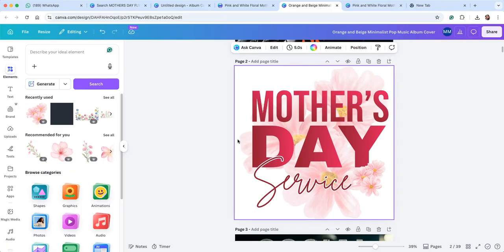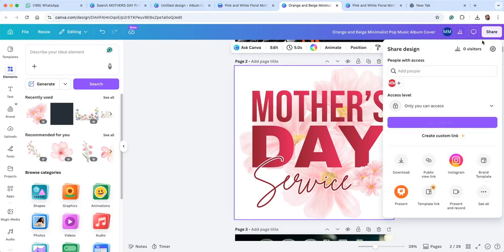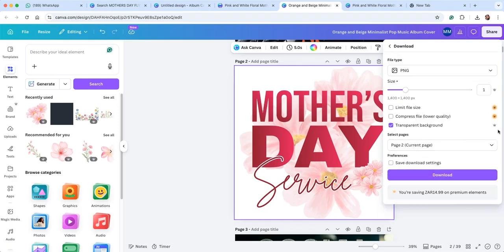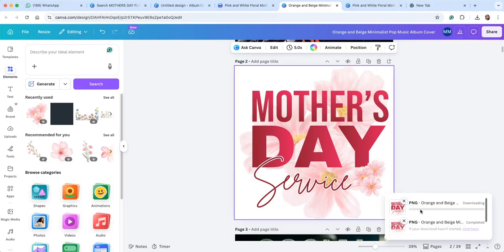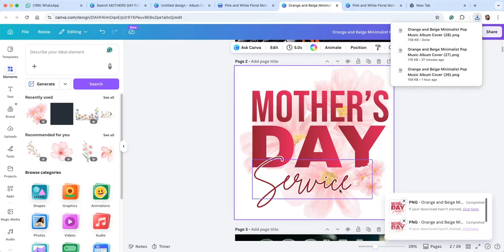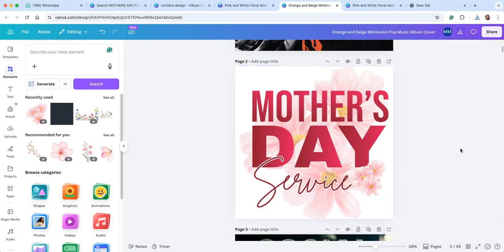So yes. Remember I said delete anything that is in the background. Then you go here, we say share. You go to download. And again, if you're using the premium option, you have an option to tick this, because usually it's not ticked. Then you can just tick it and choose download, and it's gonna download this design for me with a transparent